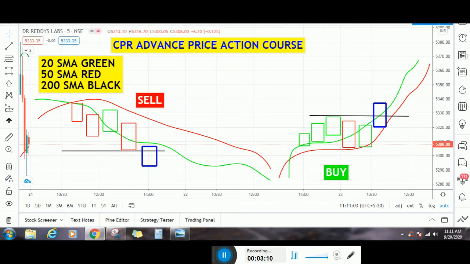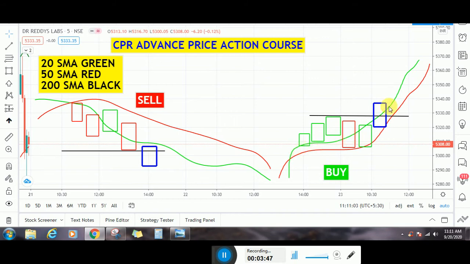Higher high, see here, higher high formation. The candle moves up, comes under this moving average, and then forms a new high. Whenever the current day fresh high is broken, the higher high is broken, you can wait for the confirmation candle. The blue candle is the confirmation candle. This candle is called the trigger candle. This candle closes above the high, so we get confirmation and then we go for a long entry in this pattern.